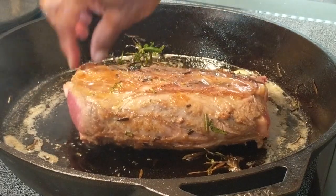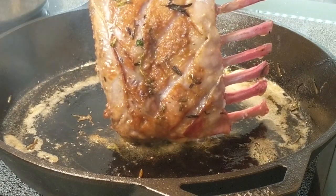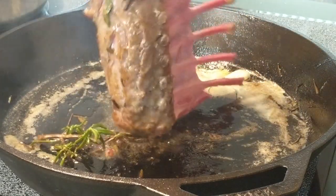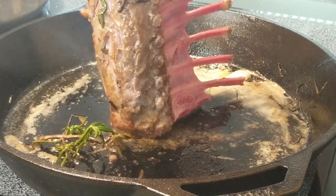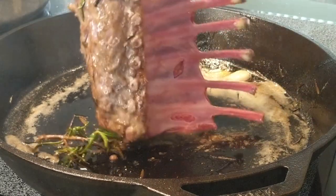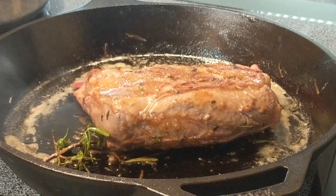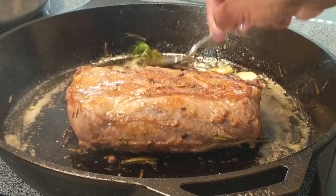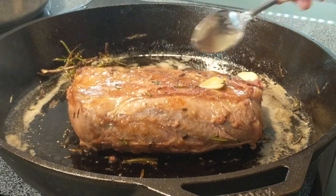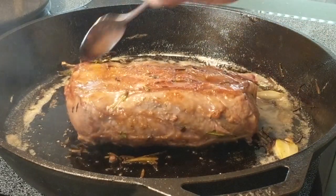And we're going to also get these sides up there, get these ends done also. There you go. Get this other end done. A little bit more. Put her down. Just gonna baste it with this butter a little bit more. This rosemary. Now that oven is heated up to 350 degrees. And what we're gonna do now